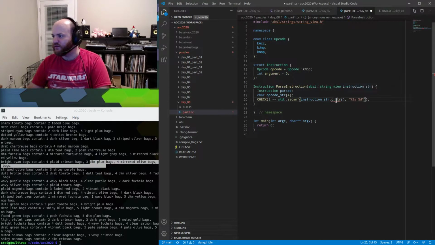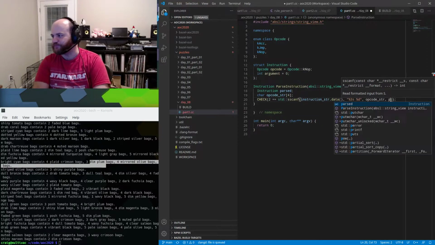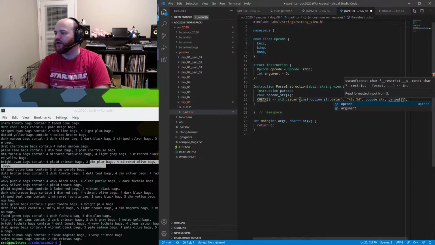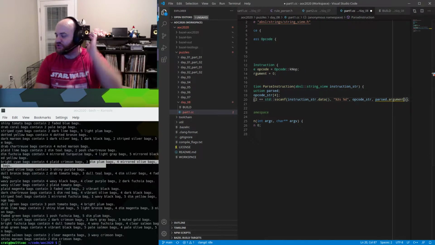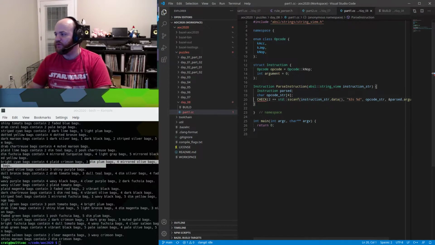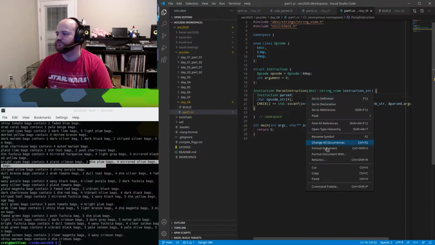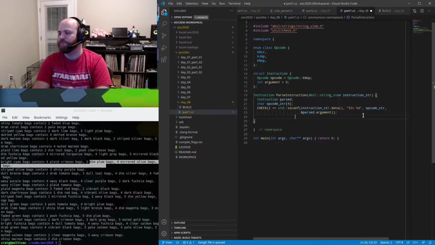Oh, I call it data instead of cster. And then we will read that first string argument into opcode str, and then we will read the digit directly into the argument integer in the parsed version. Need to include the header for our check macro. So then we'll say if